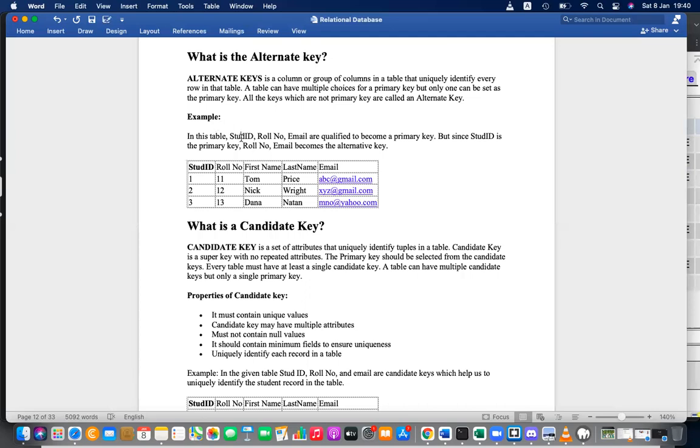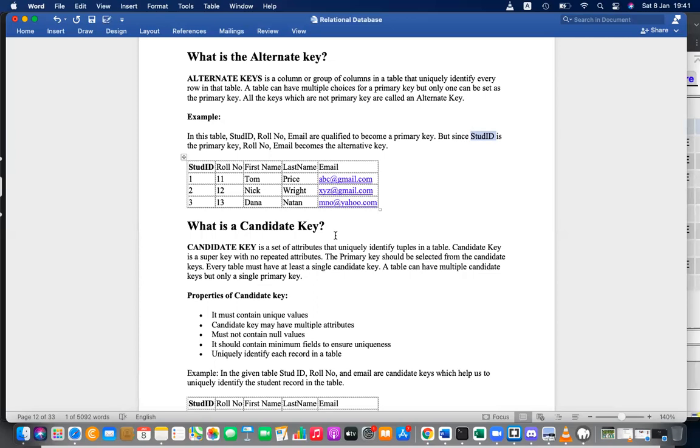So in this table, student ID, roll number, email are super keys. Student ID is unique, roll number is unique, email is also unique. First name, last name is also unique, but those are really not good fields, because in future they can be replicated. So once student ID is selected, the roll number and email you can call possible alternative keys.